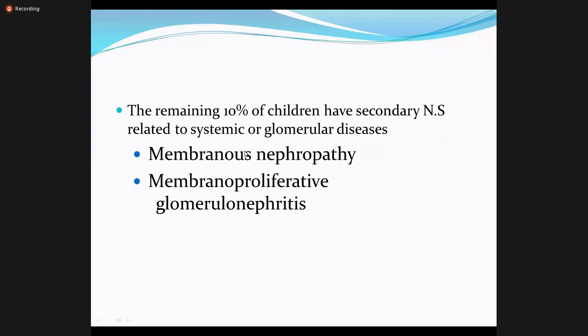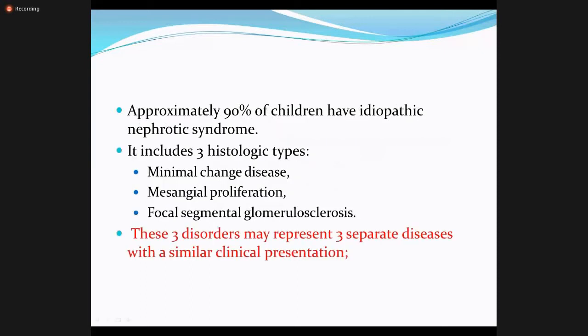Clinical manifestation of nephrotic syndrome is basically that it appears between the age of 2 to 6 years, already told, but sometimes it has been reported as early as 6 months of age. But usually if nephrotic syndrome is present in less than 1 year, most commonly it is a congenital nephrotic syndrome. It has a very poor prognosis.